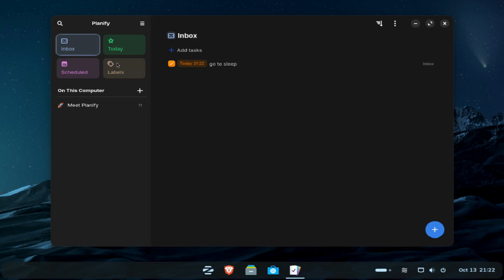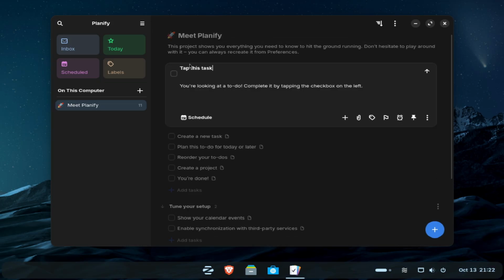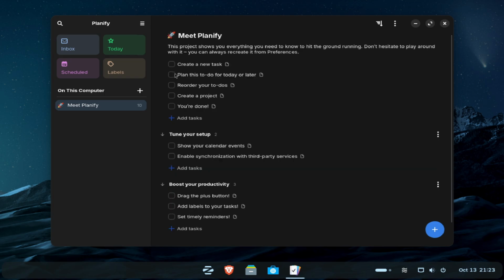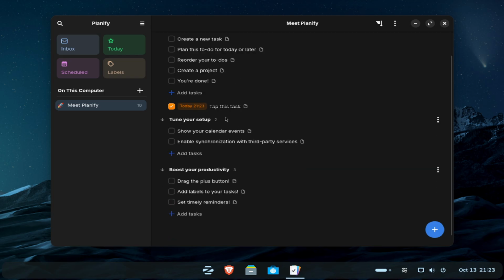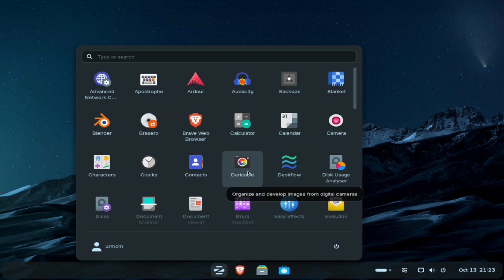Yeah, you see? There are other things that, I don't know, meet Planify, all kinds of things. Tap this task. You're looking at a to-do completes. It's by tapping on the checkbox on the left. Oh, so more like a tutorial on how to use that. Nice, nice, nice. Darktable, what's that? Organize and develop images from digital cameras. Seems interesting, but I don't want to take